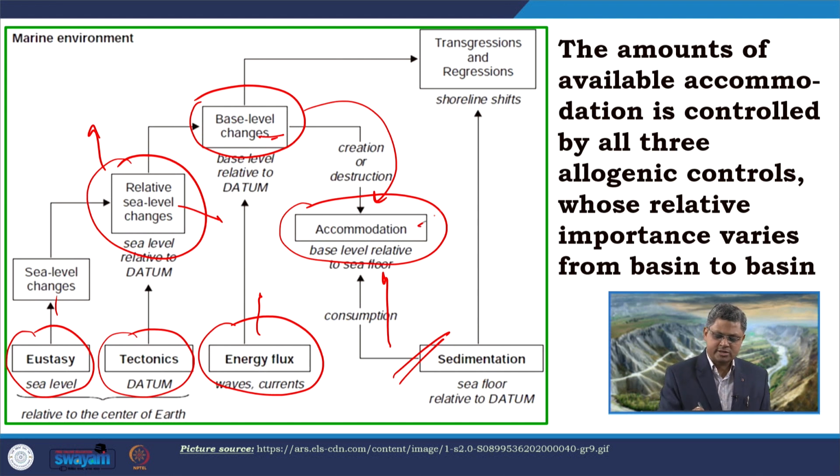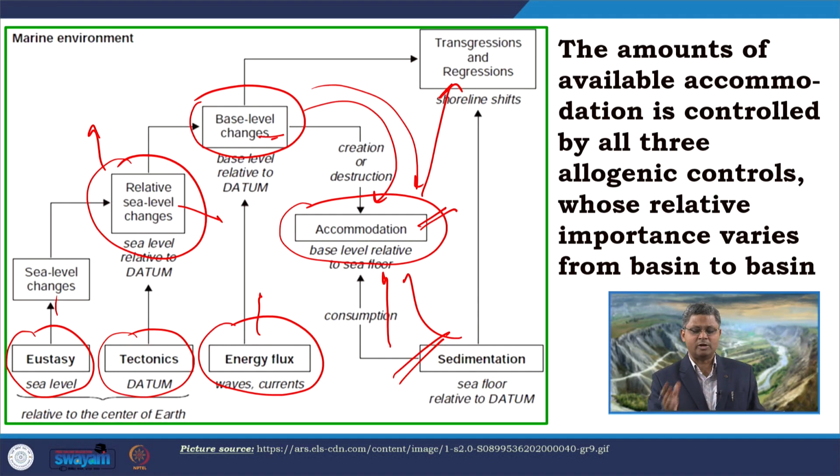So, when we come to this accommodation part, it is a two-way traffic, where one factor is consuming that accommodation and one factor is creating that accommodation. So, depending on whether it is a positive accommodation or a negative accommodation, and what is the final water depth available over there, this S plus W factor on the right hand side will control the nature of the shoreline position, whether it will be shifting towards the land or towards the sea. So, we get transgression and regression in that particular basin.